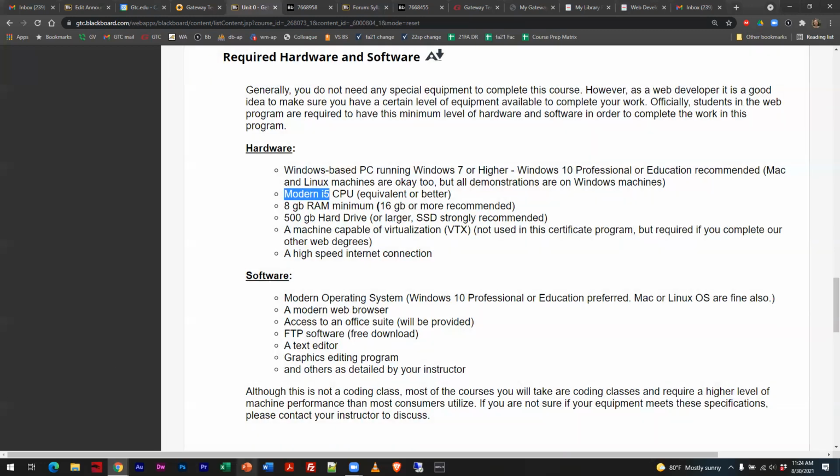Now, the one spec that usually gets people, and you want to confuse the salespeople at Best Buy, ask them this question, right? You also need to have a machine, if you're putting your money into a machine, that's capable of what we call virtualization. Virtualization is where we create a software window, if you think of it that way, where you can load other operating systems onto your computer while you're using your computer.